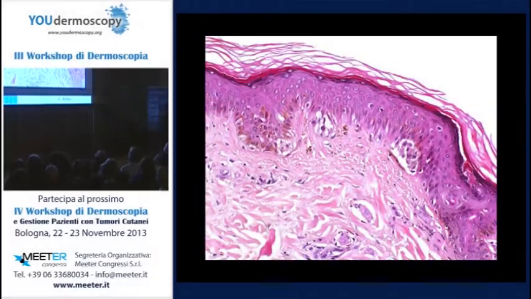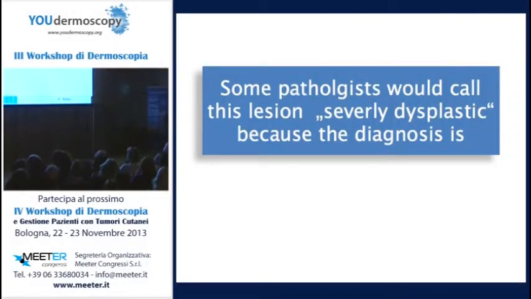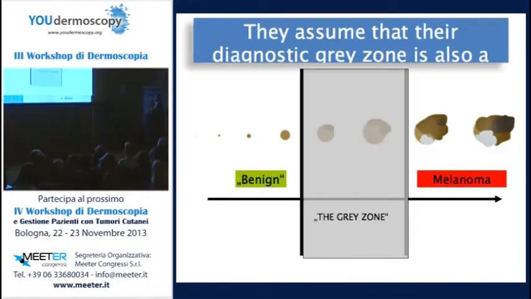They are not sure what it is. And here are some nests. And this lesion would be called by a pathologist severely dysplastic. Now, what to do now? They use this word to express a gray zone, but it's already, again, a diagnostic gray zone and not a